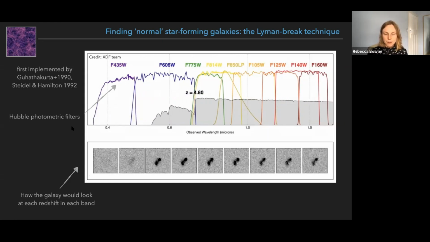So hopefully this is playing for you now, and it's going to just loop over, so I'll just talk over it. What you can see is as the galaxy redshifts, we identify a very, very strong break in the spectrum, and this is this Lyman-break that I keep mentioning. Now this is really important because it makes these objects quite easy to identify. If you look along the bottom, you can see that essentially the galaxy becomes invisible on the short wavelength side, but is still visible on the long wavelength side. And we use this very distinct spectral signature to find these sources and to estimate their redshift.